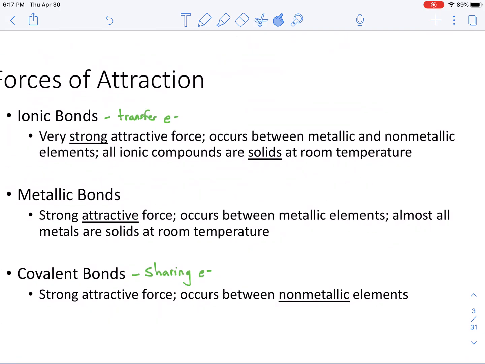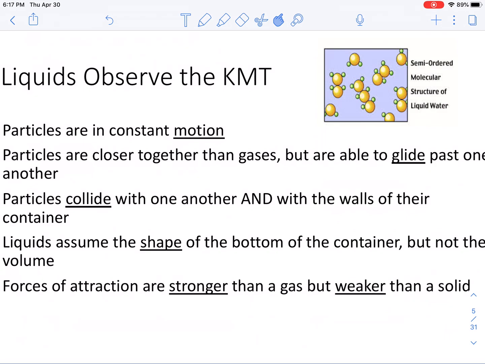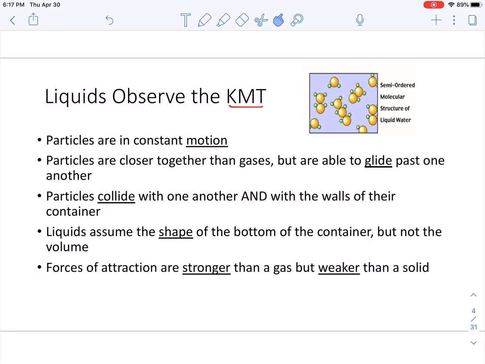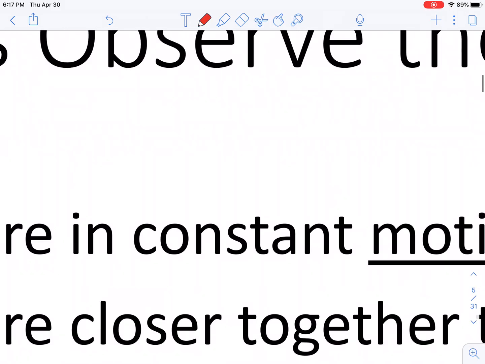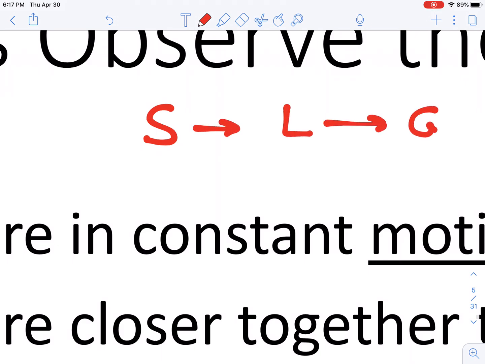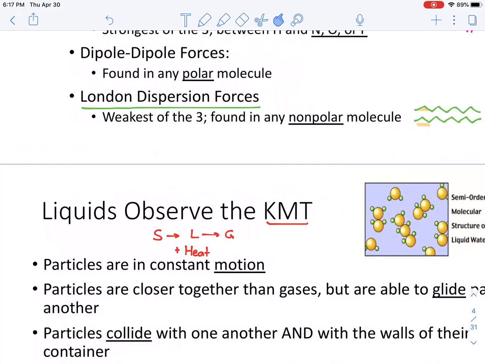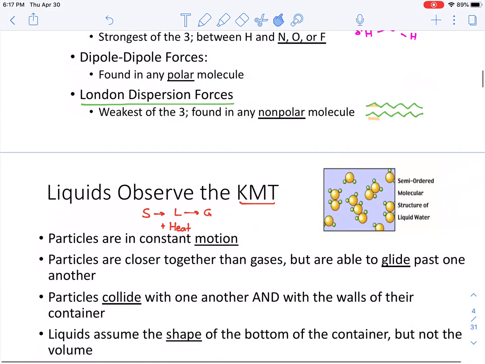Okay, so let's talk specifically about liquids, and one thing that comes into play is called kinetic molecular theory, or KMT. So kinetic molecular theory, in short, means this. Kinetic means movement, molecular means molecules, and it's a theory. So we are talking about the movement of molecules, and in a nutshell, what we're saying is that if you want to get from a solid to a liquid to a gas, you need to add heat. Because if you add heat, heat is energy. The more energy that you give these particles, the faster they move,